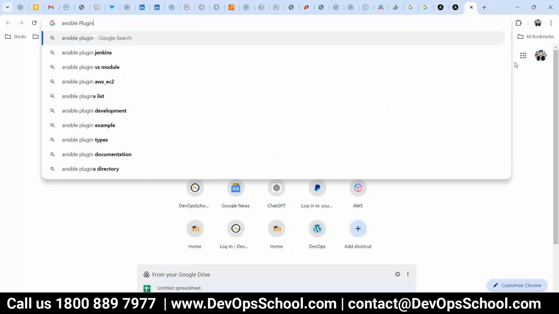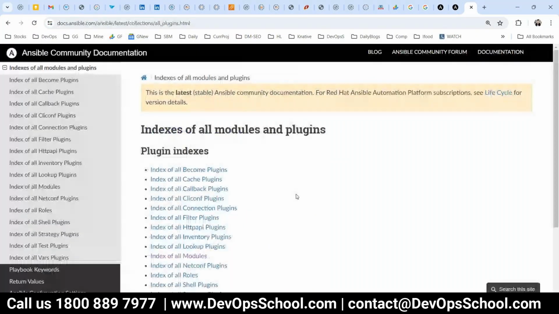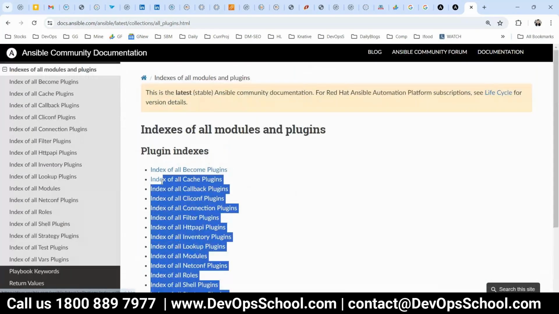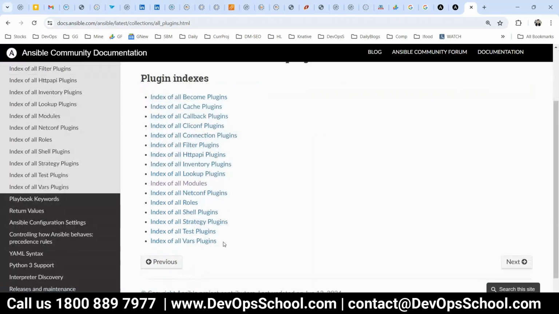These are the guidelines for developing a plugin, but I want to show you the plugins. Here these are the built-in plugins: become plugin, cache plugin, callback plugin. These are the features of Ansible actually. This plugin will help you detect all the modules, and this plugin will help you detect the filter in inventory or file. I'll talk about it, playbook and all.